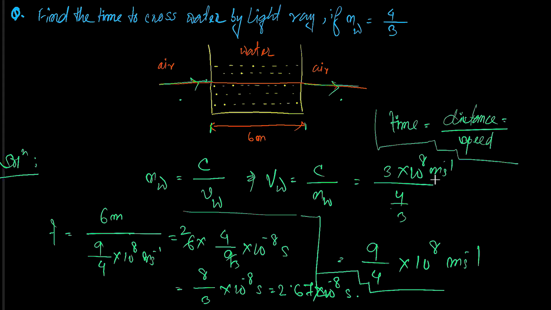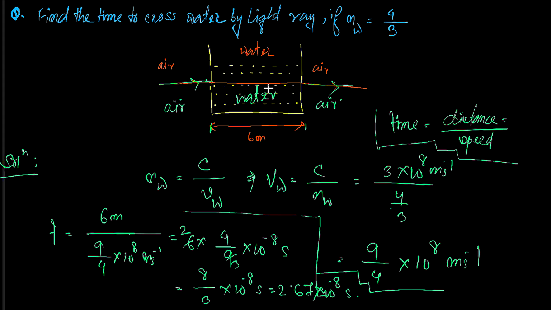By the way, if you get any difficulty in understanding this question, you can ask me, but it is quite a simple question. Again, I'm just explaining this one. This medium is air, and this is also air. Inside it is water. So these two media are different. The velocity of light in air is constant, that is 3 into 10 to the power 8. Once it enters the water medium, its velocity is going to decrease because water has a high density. Simple fact.